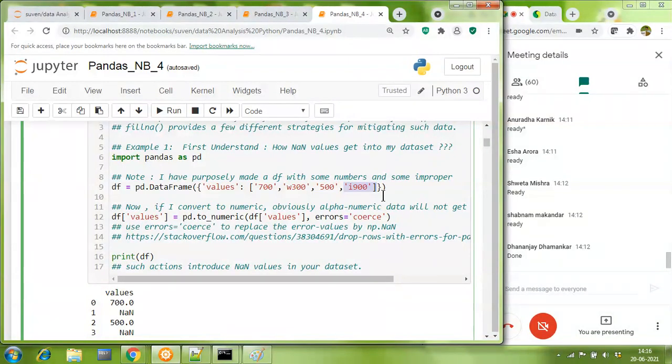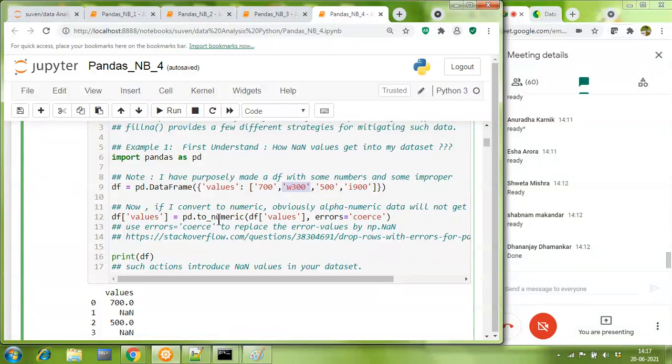So it is but natural: if I apply a function called pandas to_numeric with the very humble intention to convert all these values into numeric, and I have supplied the entire data frame values, I'm sure all of you will agree that W300 and I900 will fail. That means we will not be able to convert them into numbers.